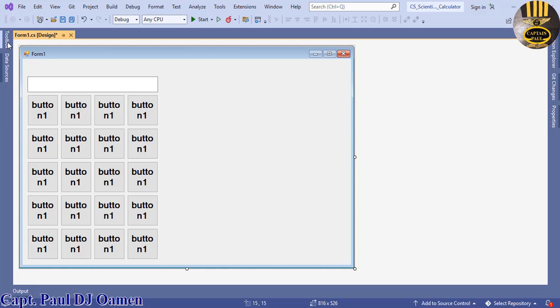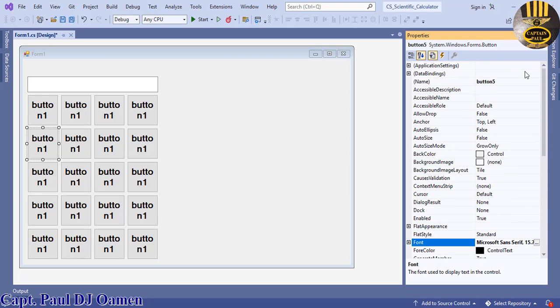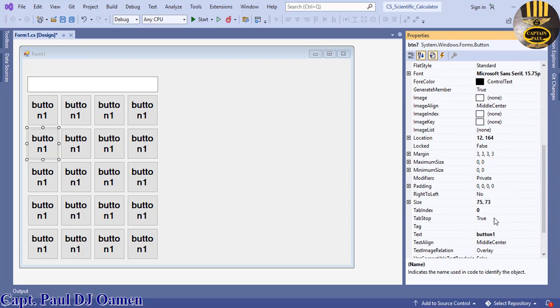First of all, let's go back up here. Before that, let's take care of the buttons. So this one is going to be called BTN 7. That's fine. BTN 7. So that's my very first button there, and the data in there is going to be 7. So let's come in here and just enter 7. There we go. Once you enter 7 in one of the button text boxes, you can just click on the